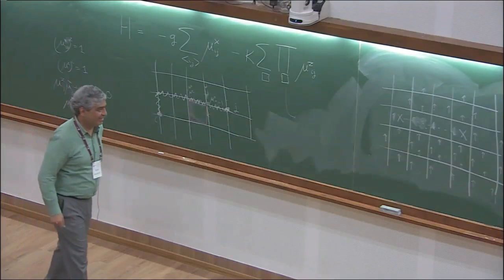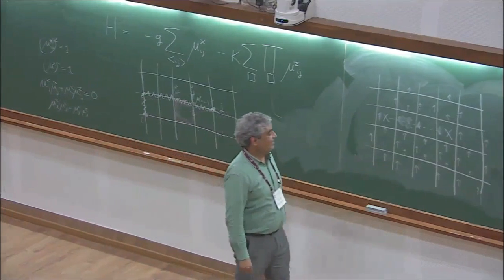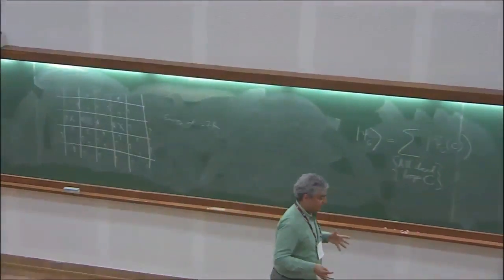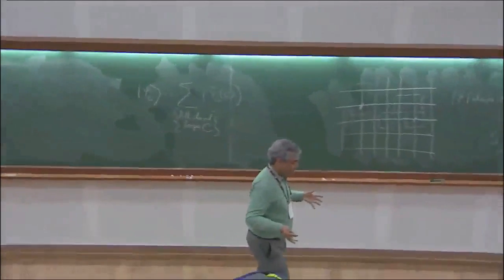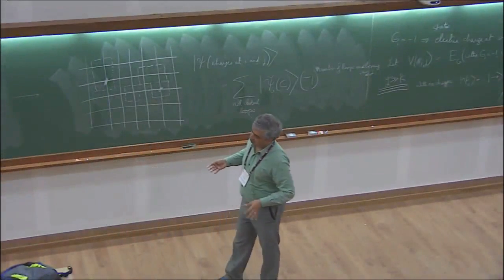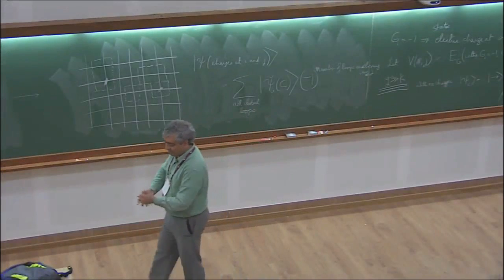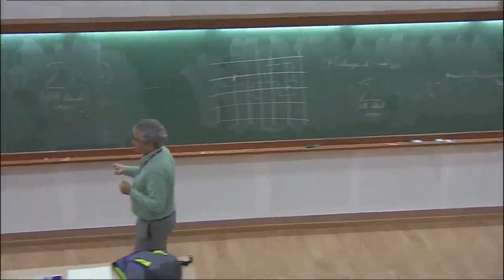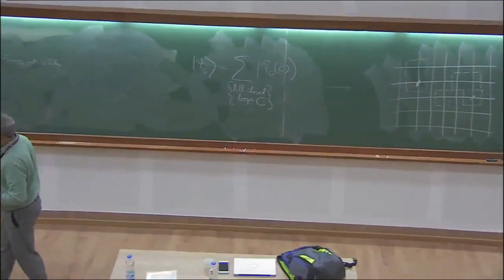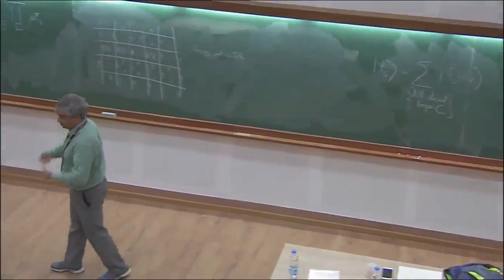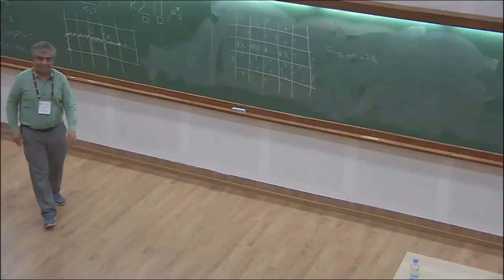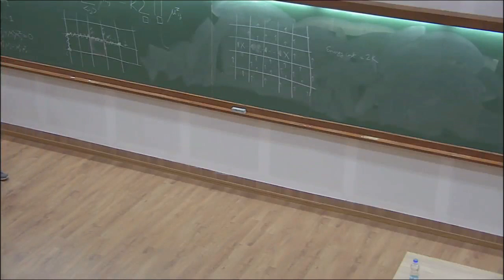Okay. All right, so finally, what I've shown you is that there's electric charges, there's magnetic charges, and they're both free in the deconfined phase. In the confined phase, the electric charges are bound, and what I won't discuss, but one can show, in the confined phase, the magnetic charges are condensed. They're like a Bose condensate. And that's what leads to confinement. That's the dual magnetic picture of confinement.